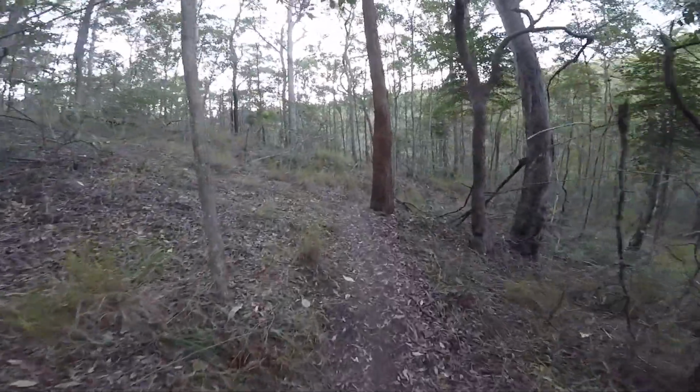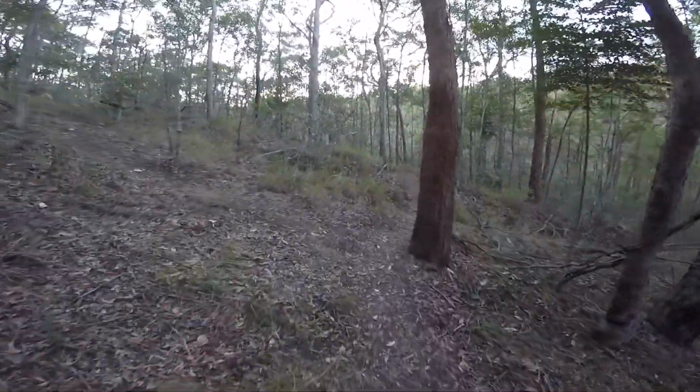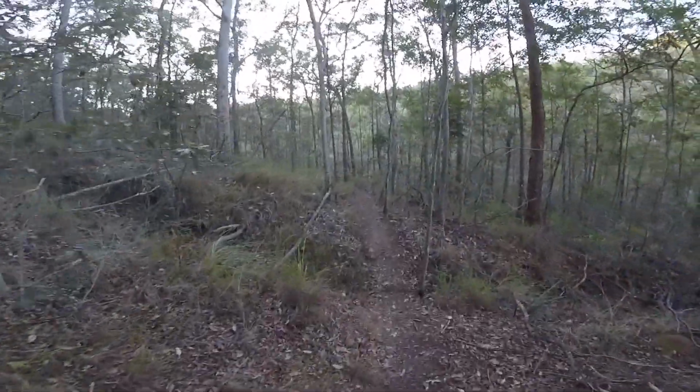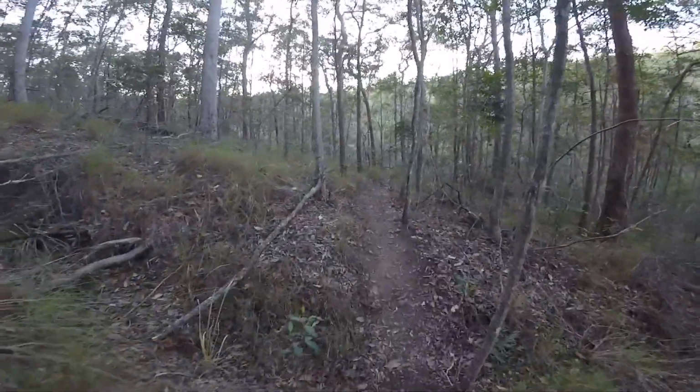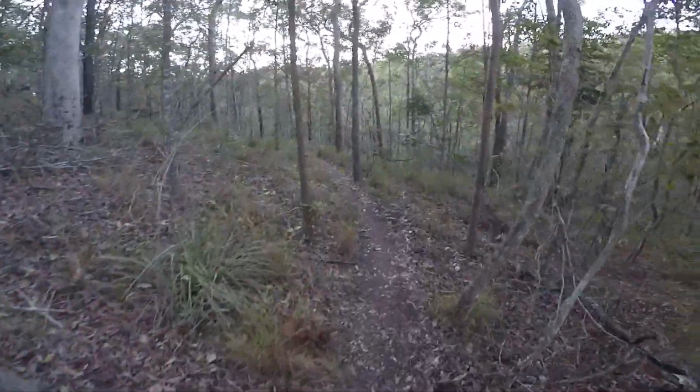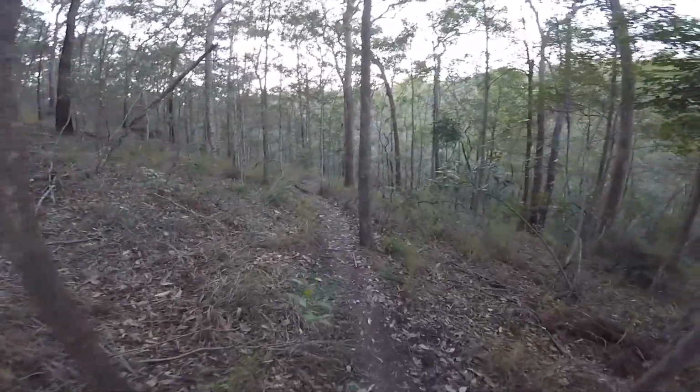This is on Mount Coot-Tha. It's only literally about 10 minutes from the city. Not too far at all, and not far from my house. It's quite a big bush area, and you wouldn't think it was so close to the city. There's heaps to do in here. Just down in here,